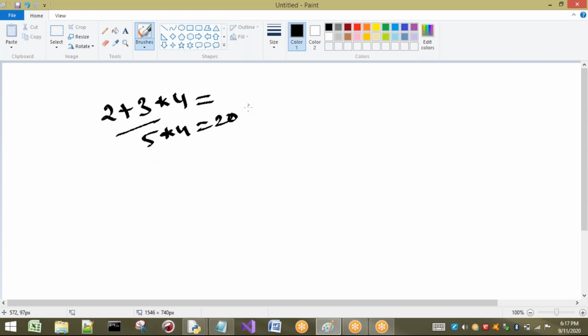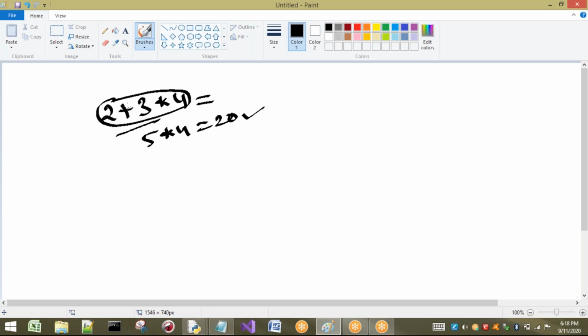Some people will think the answer will be 20, but we have the concept of precedences. Precedence means if we have multiple operators in the given expression, which operator has to be executed first? Based on precedence, the operator with the highest precedence will be executed first.